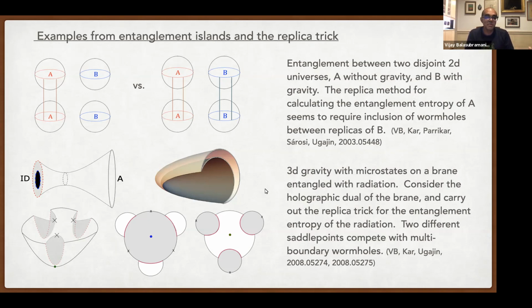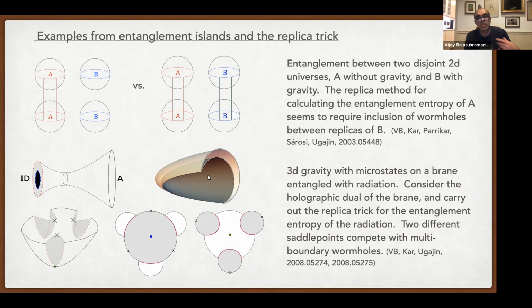So here's another example where you imagine following the kind of style of the replica work done on the West Coast in Stanford. So you imagine some BTZ black hole where you have behind the horizon, you imagine that the microstates are on some end of the world brane over there. And then you imagine doing holography for that brane. Then if you try to compute the entanglement entropy associated with the entanglement of these microstates with some radiation that's off somewhere else, you're led to consider the holographic dual of this end of the world brane, and you get